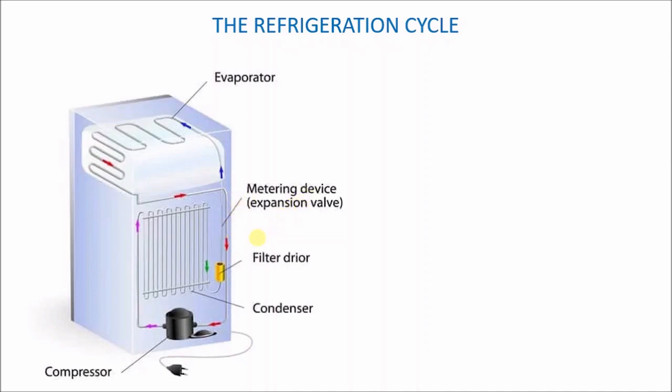The metering device is also referred to as the expansion valve or the throttle regulator. All these names refer to one and the same thing, the metering device or the expansion valve, and it's also commonly called the throttle regulator. The reason it's called throttle regulator is because throttling takes place here where you have the metering device. And after the metering device, you have another component,